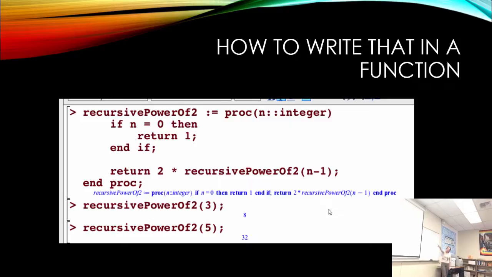Our base case is reached. What do we return? We return 1. So this guy is replaced with a 1. Now he can finish. So 2 times 1, obviously 2. Plugs it in. 2 times 2, obviously 4. 2 times 4, and it returns the 8.